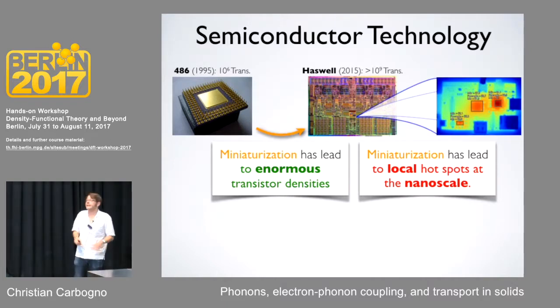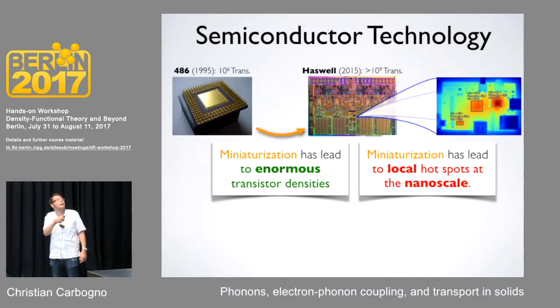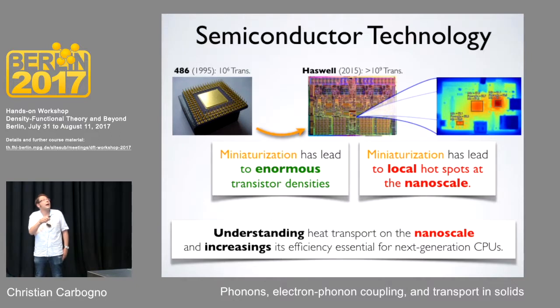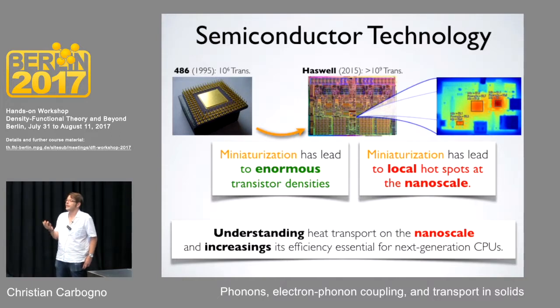And this miniaturization has led to very big problems, both in the design and in the manufacturing and the lithography of that. But in the designs of CPUs, one of the biggest problems nowadays is that you generate local hotspots at the nanoscale. So within your CPU, some parts get exceptionally hot, and this obviously degrades the lifetime of such a device. And in the design of the CPU, that has to be accounted for. So understanding how these materials behave in thermodynamic equilibrium under stress and how heat is transported that way at the nanoscale is a big problem there.